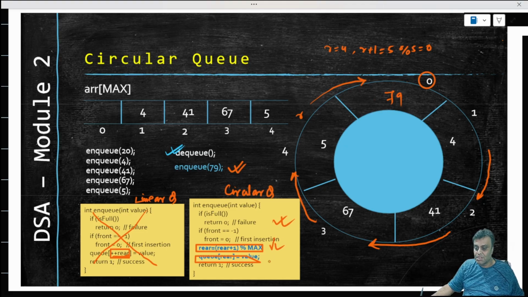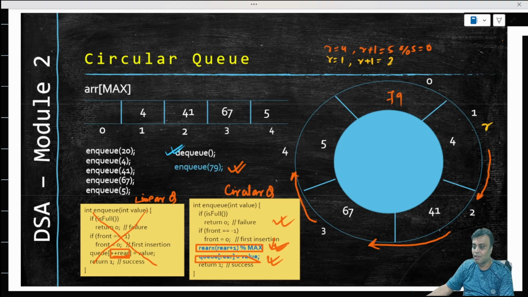And the only area we change is these two lines, so that my R moves forward, but is not just moving forward blindly, it is also doing a modulus so as to stay relevant to the index of the array, right? If we had R somewhere here, then also if we did this rear+1 modulo max,